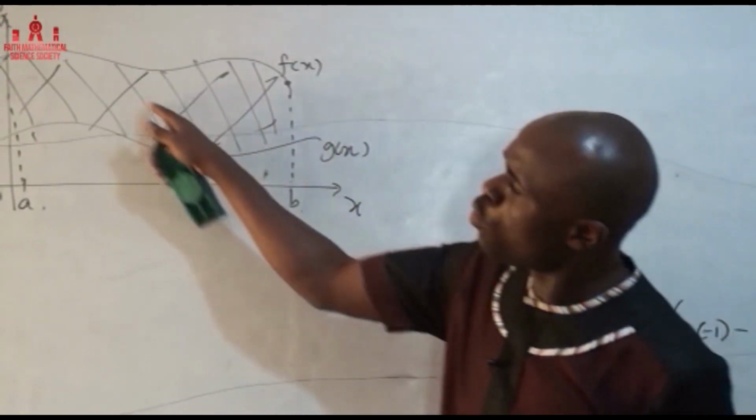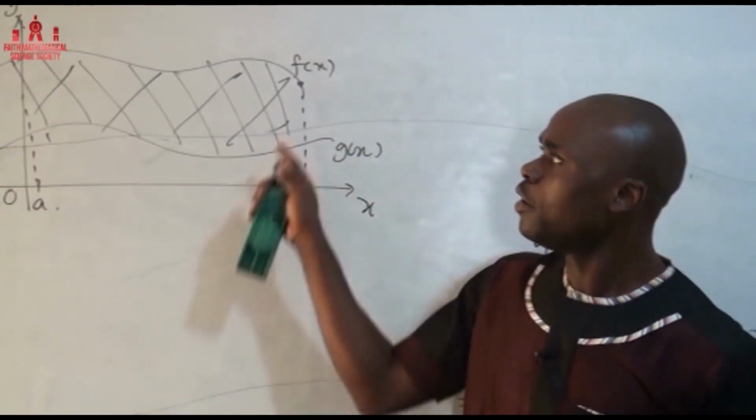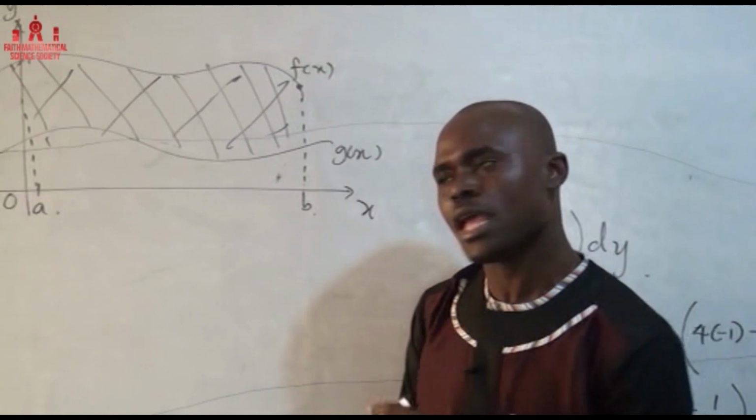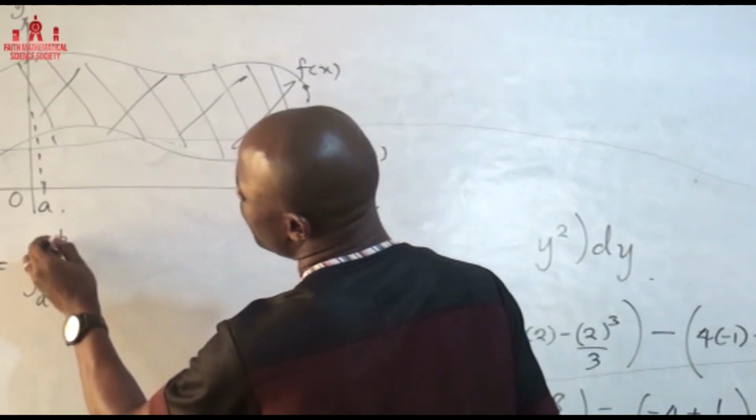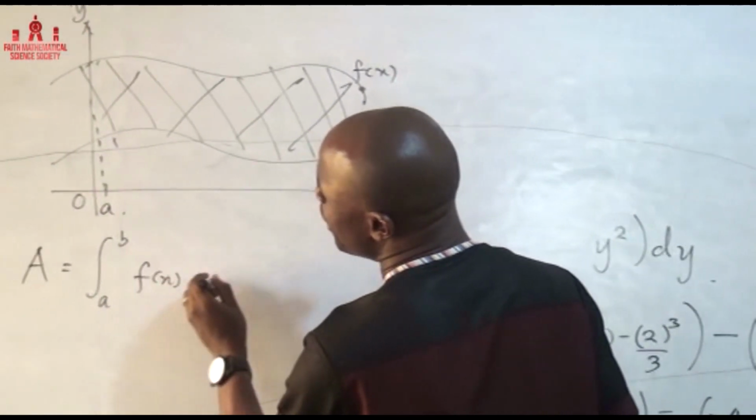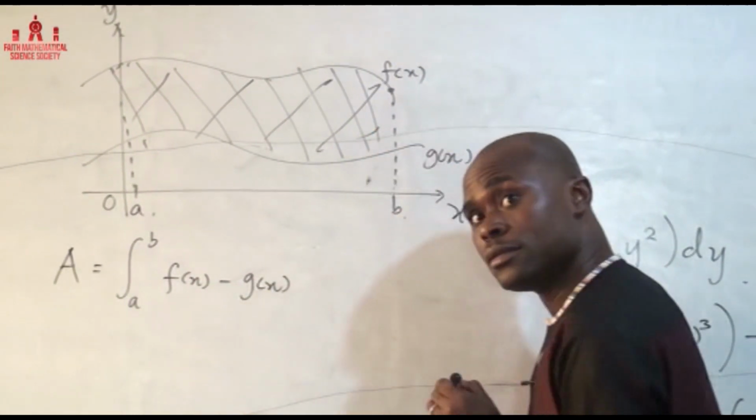Now I want to know what is the area between these two curves. What do I do? I simply find the integral from A to B of f of x minus g of x,